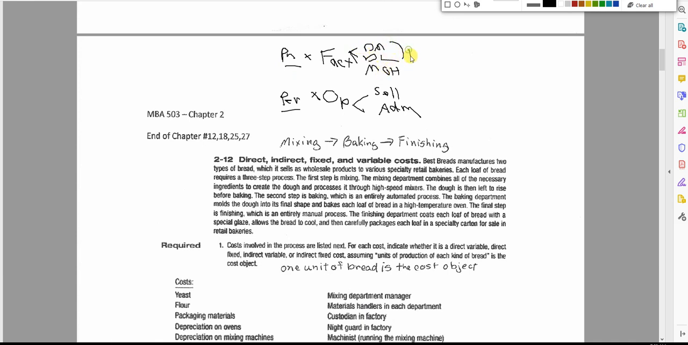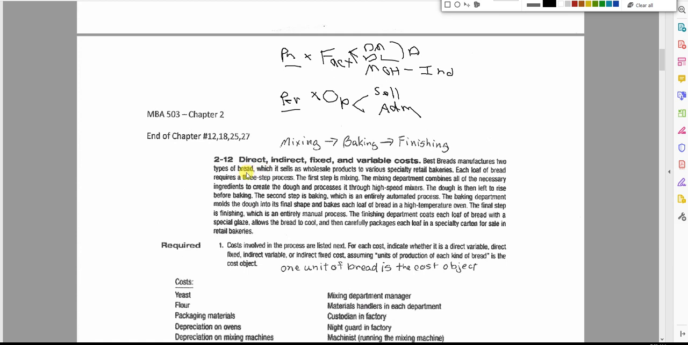These two are direct, and this one is indirect. These two directly get into the product. This one indirectly gets into the product. So obviously electricity doesn't get into a product. It is part of a product cost, but it is not directly in a product. And then down here, a period cost, etc. Okay, so